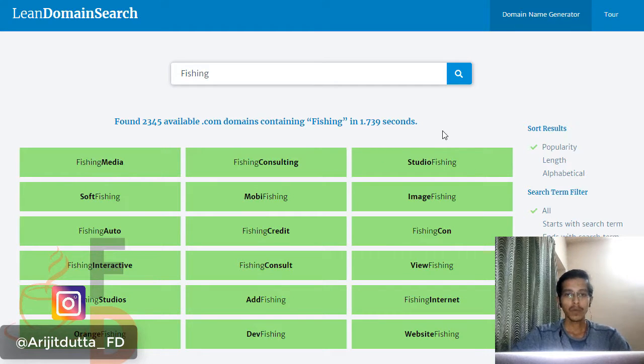As simple as that. So while choosing a domain name, you have to be strategic. You cannot just choose a domain name that is simple to understand. Let's say you are doing image fishing. That is not a keyword, guys. You have to think of some relevant keyword in terms of finding this, or having a business name, because this is going to be your business name in any case. You're going to register this domain name, and you're going to have this business name on your website. So these are all specific strategies that will help you create a business in the future.